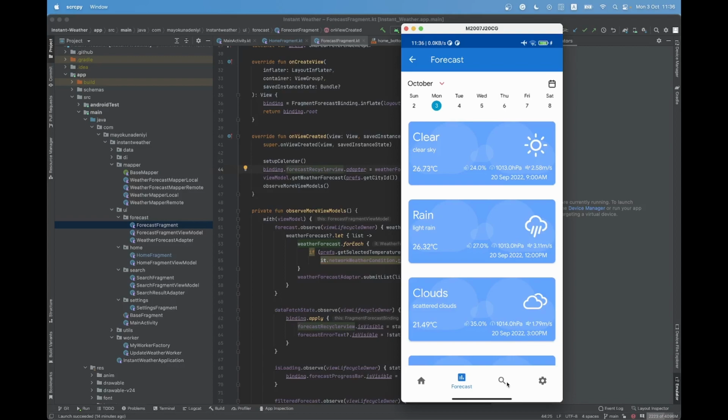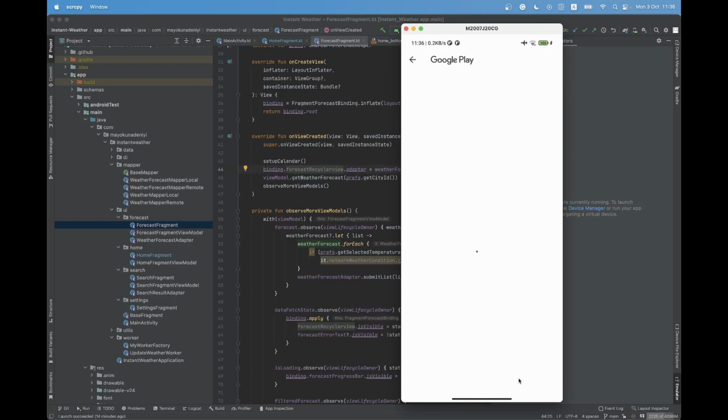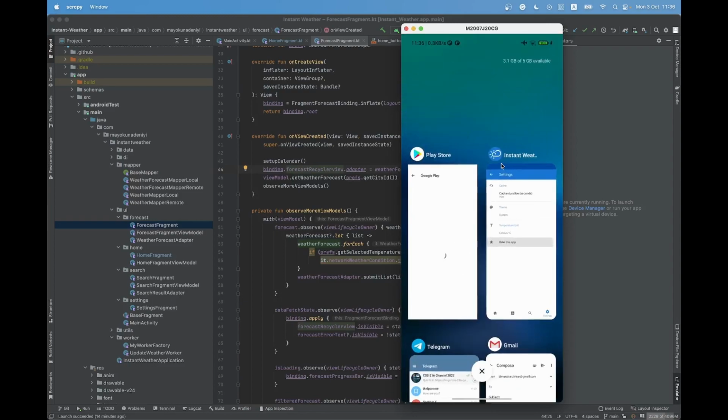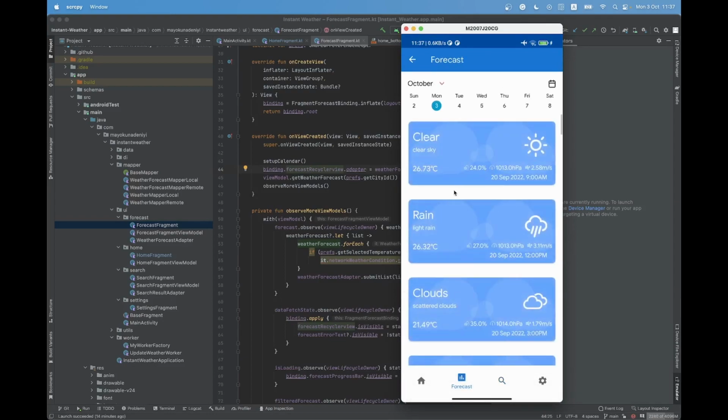We can reuse this forecast fragment in different places. I think here we don't have an example of that. By the way, this is a great example of an implicit intent: we are launching another app which is used to rate our app. We don't have examples of reuse here, but